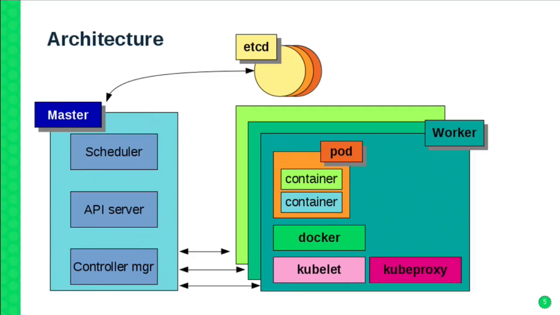Kubelet is a process which takes care of coordinating the actual container engine. The container engine can be Docker, can be something else, and is what is going to start the actual containers. You can see there is a pod there. Pod is a concept of Kubernetes itself.